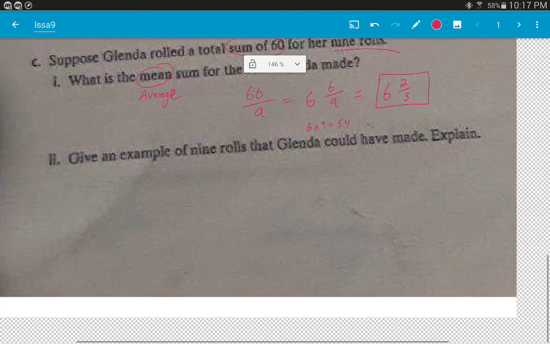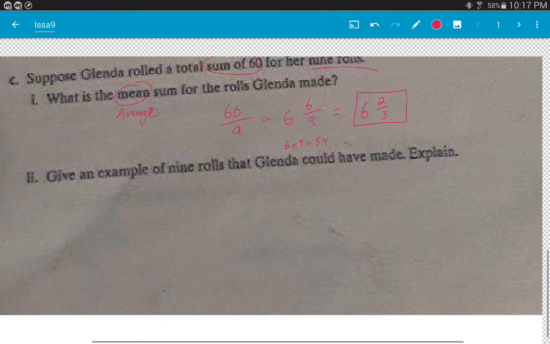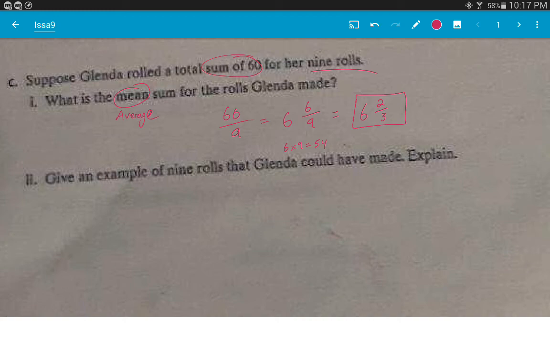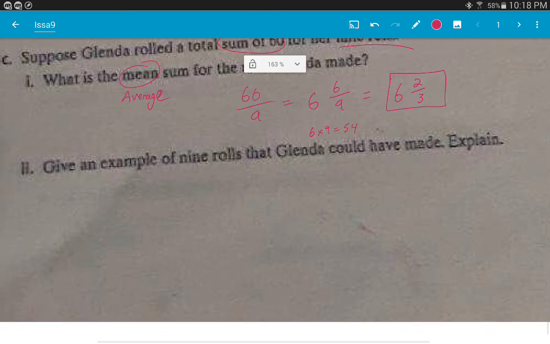Now, give an example of 9 rolls that Glenda could have made. Explain. What they're asking you to do is just to make up possible answers that would add up to 60. So we can choose anything, really. We can choose any number. I would tend to pick things around the average and just sort of fill it in from there. So if we wanted to, they say the average is 6 2/3. So you might choose something like